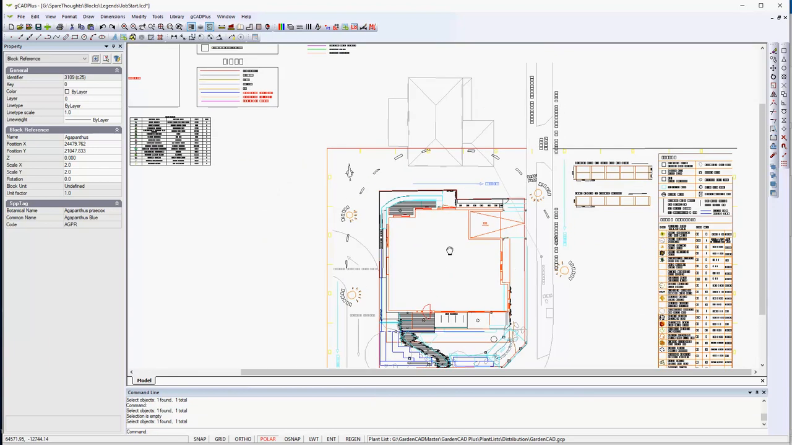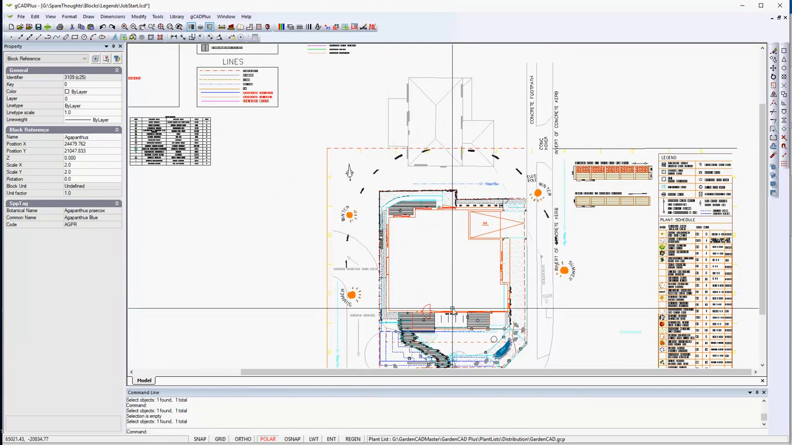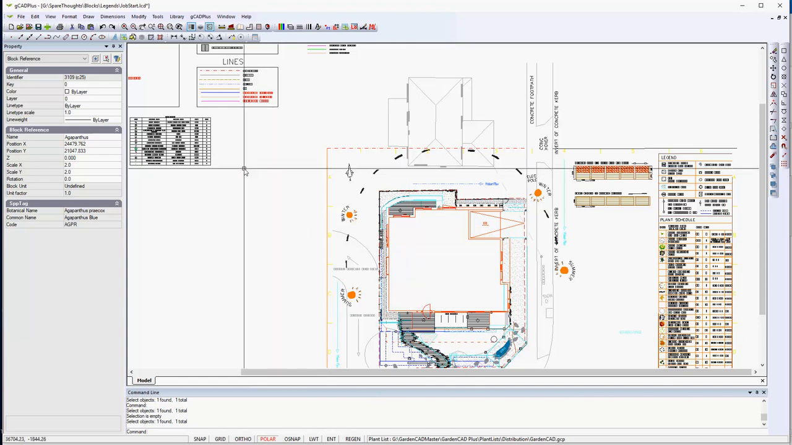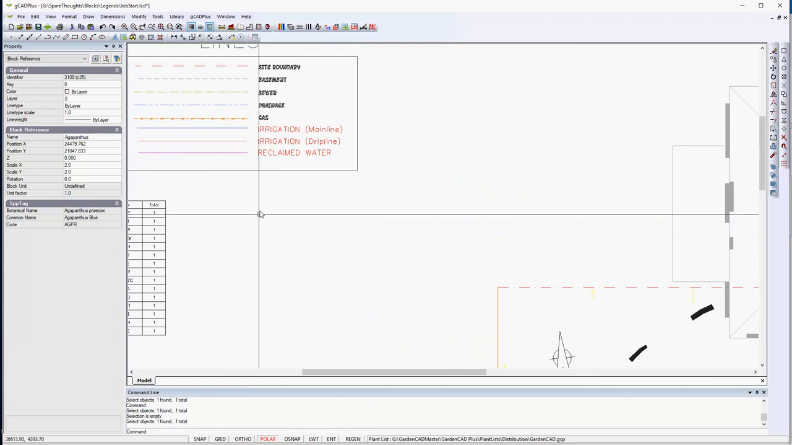So let's just zoom in here, and there's the footprint of the building. Our design is taking shape. All sorts of notes have been added, but let's say for the sake of argument we want to put the correct line type style with the boundary. And if we come in here, there's the site boundary. If we right click,